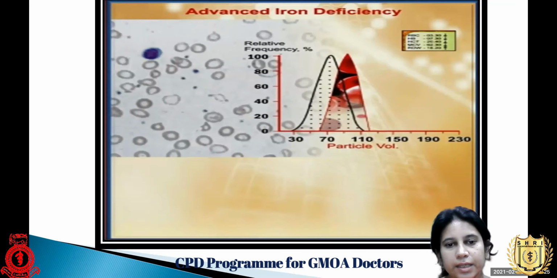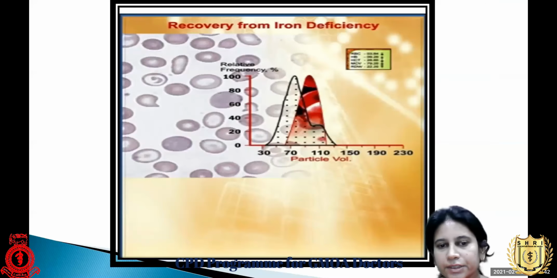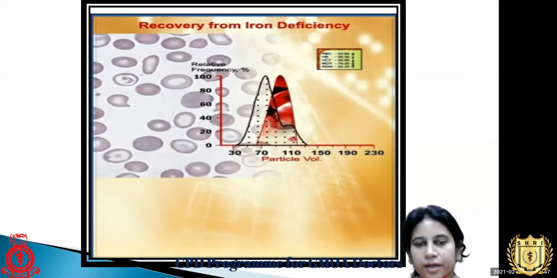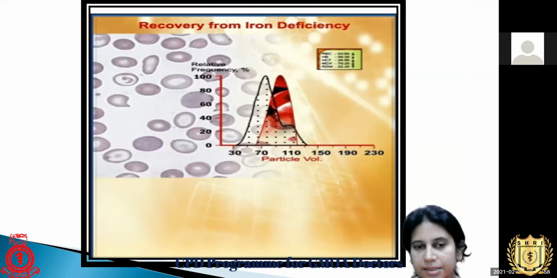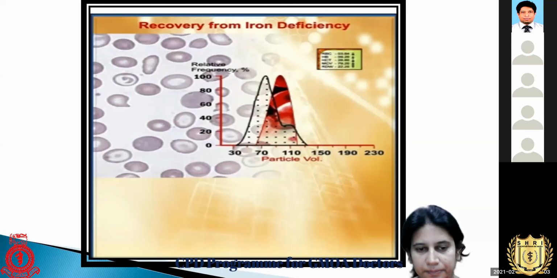So in this picture, you can see an advanced iron deficiency anemia. This is the normal population of RBCs you have. The curve is shifted to this side when you see in your full blood count report. When you treat iron deficiency, what will happen? Your RDW will further increase because of the appearance of new RBCs and polychromatics in your blood picture. So the curve will shift to this side with time. But remember, your RBCs are staying in your blood for 3 months, so this will remain for a long time.